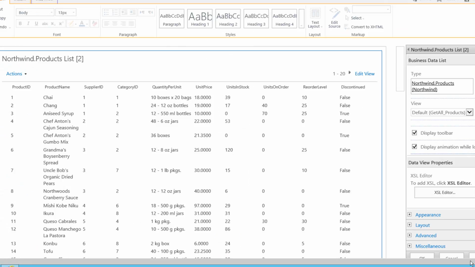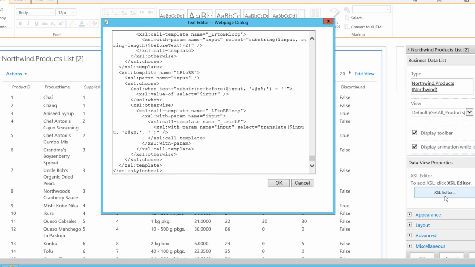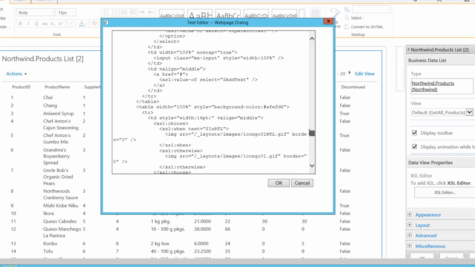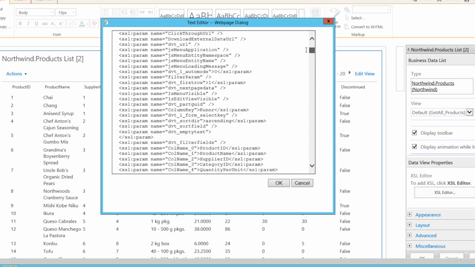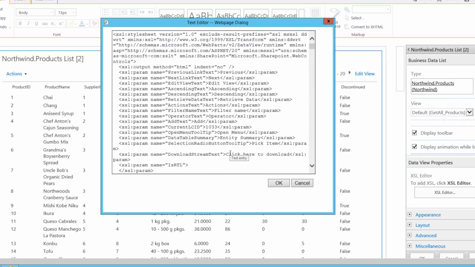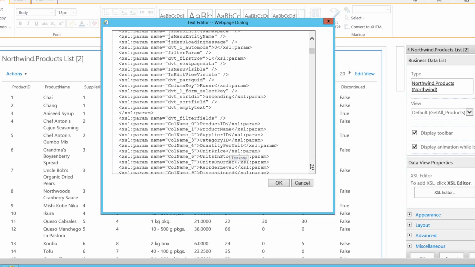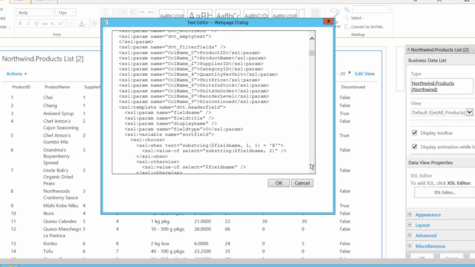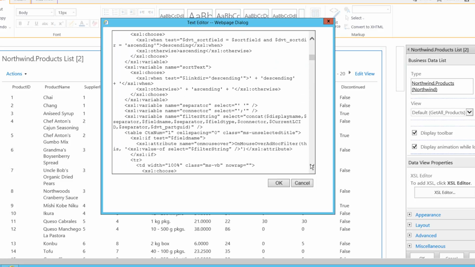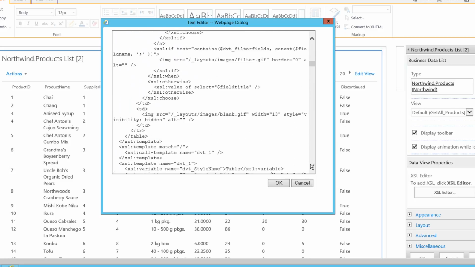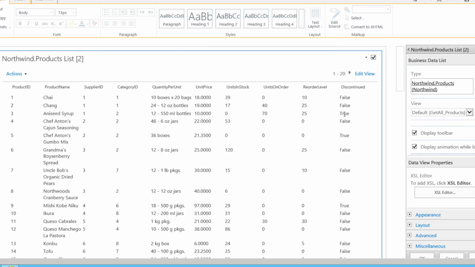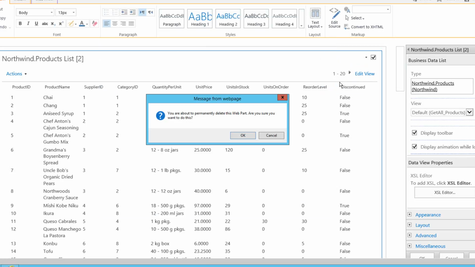So the only option that we have in order to perform any of this is to go into the XSL editor, and in that XSL editor we would need to go through and find the unit price column and fix that by setting the currency symbol and also rounding to 2 decimal places. Now it's already a needle in a haystack trying to find the point that I need to change in order to do that. It would also be a case of adding any conditional formatting in the XSLT dialog box as well. So with that in mind, what we'll do is simply delete this web part off the page,